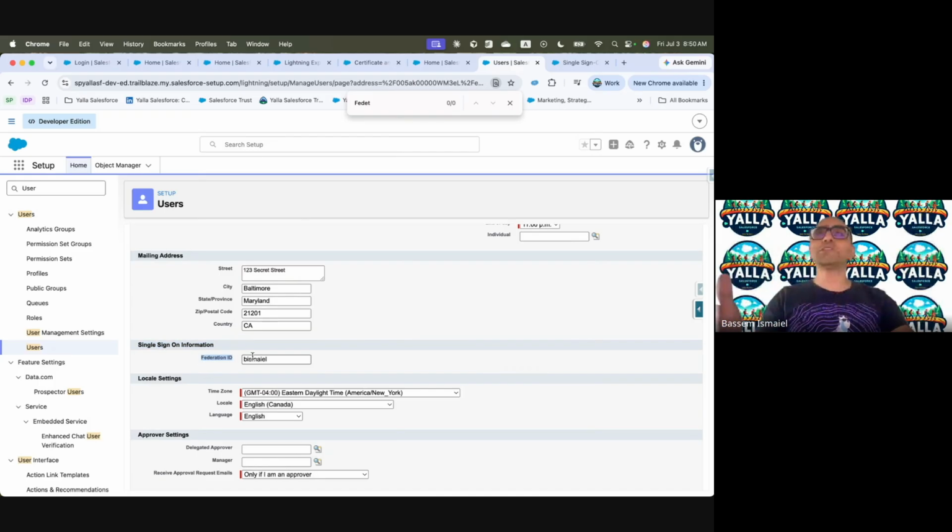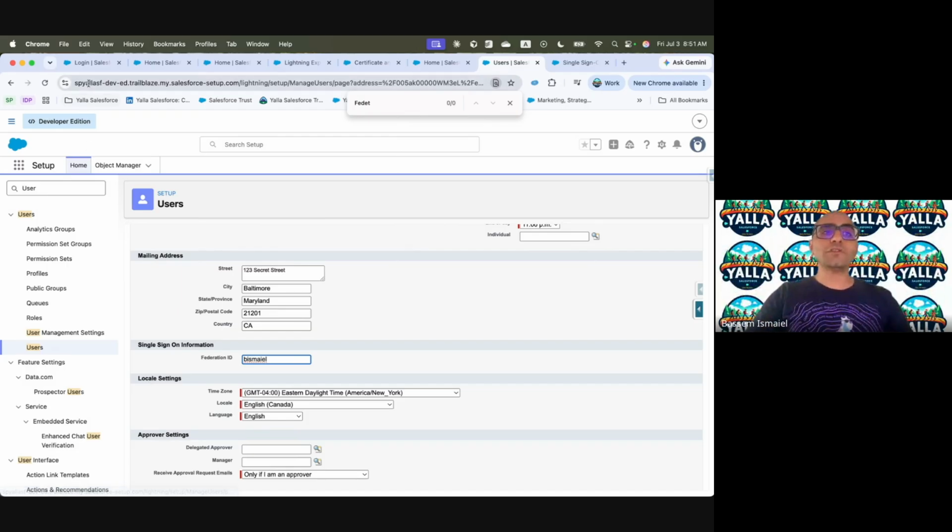Standard field, it's always there. If you are using a single sign-on with Federation ID, you need to put your employee number in here. So when we enable single sign-on in the beginning and we have all our users, we need to have a lovely data loader thing to say update all those users with their employee numbers.